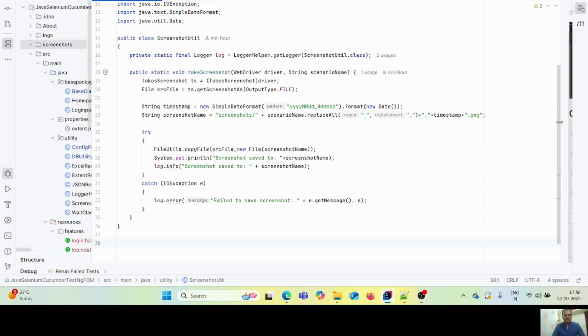try { FileUtils.copyFile(srcFile, new File(screenshotName)); System.out.println("Screenshot saved to " + screenshotName); log.info("Screenshot saved to " + screenshotName); } catch (IOException e) { log.error("Failed to save screenshot: " + e.getMessage(), e); }